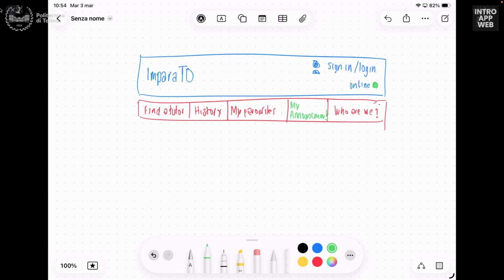Okay, so it's this one. And in this case it shows what? Like the lessons you should be attending at this moment, or in general, something like the current status of the user. Okay, perfect, I get it. Like the upcoming lessons, or the lessons that are happening right now. So right now the person has these